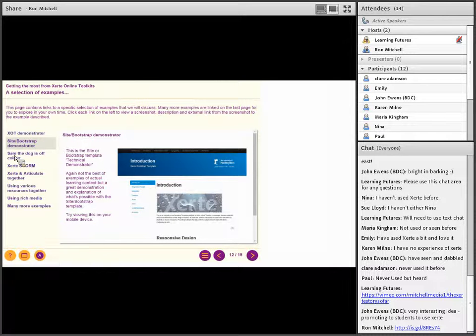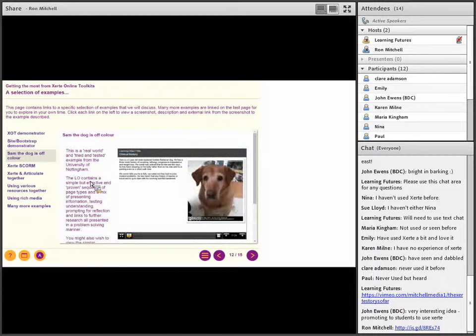There's the Sam the dog example, and I often use this during face-to-face training because it's a fantastic example of, it's not a learning resource that contains lots of bells and whistles, but it does demonstrate a learning sequence, a learning design. It'll be interesting in the future webinar on learning design how much of this is covered, because it contains very simple interactions. It contains a sequence of information giving, and it's all written in a kind of storytelling, problem-solving way.